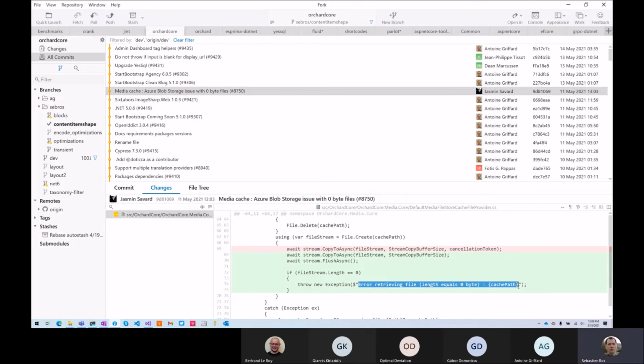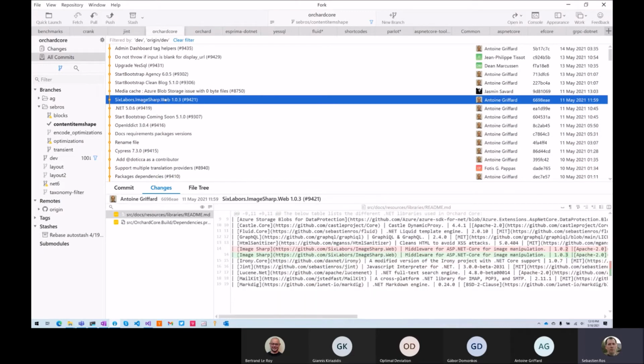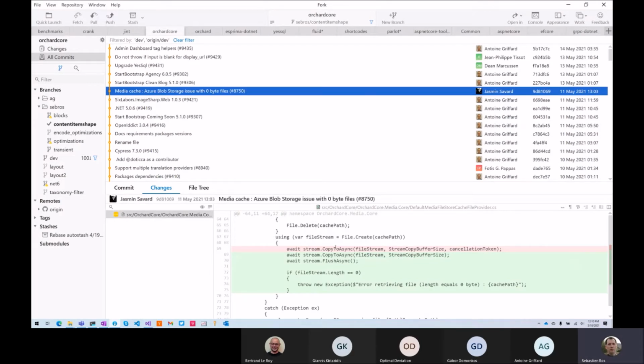That's weird. What is that? Because the 0 byte files are supposed to be handled by this library, or is that another issue?